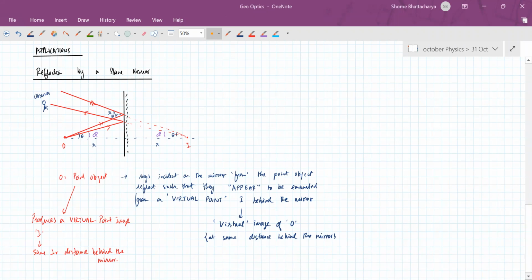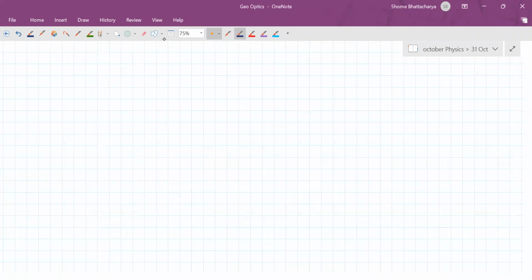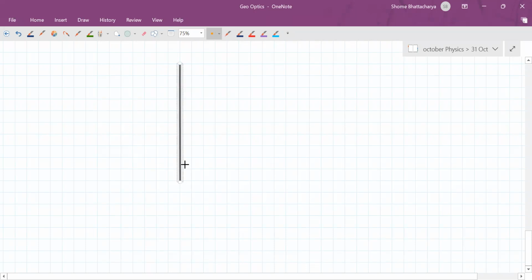Okay, so once we understand this situation, we can see that reflection by a plane mirror for any what we call extended object. This was a point object. Now, suppose we have any extended object, the image becomes an extended image. Suppose we have an extended object like this, AB. Then the reflection of light from every point in this object happens in such a way that, for example,